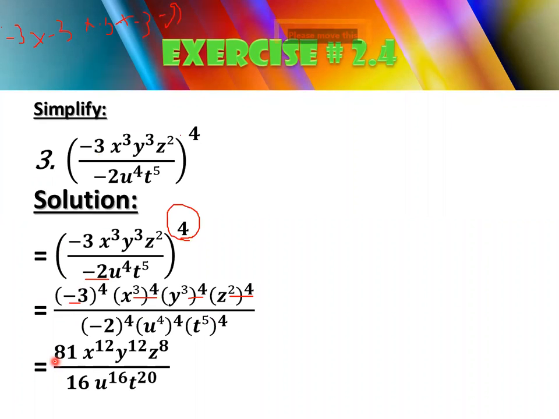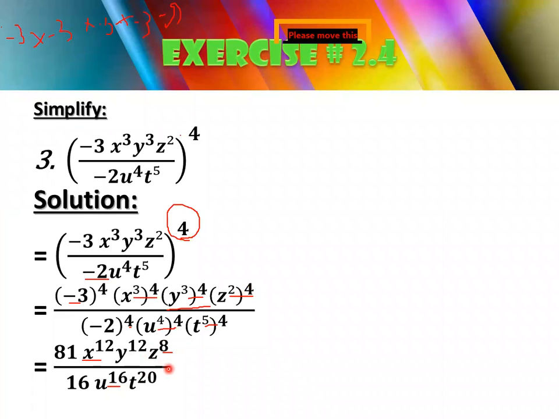You will write here 81, and 2 multiplied by 4 times will become 16, means 2 2s are 4, 4 2s are 8, 8 2s are 16, and the answer will be positive because your exponent here is an even number. Now look at this one, here you are going to multiply exponent with exponent. So 3 multiplied by 4 will become x raised to the power 12. Then move on to this one, multiply the exponent here as well: 3 multiplied by 4 is 12 and 2 multiplied by 4 is 8. Then 4 multiplied by 4 will become 16, and 5 multiplied by 4 will become 20.